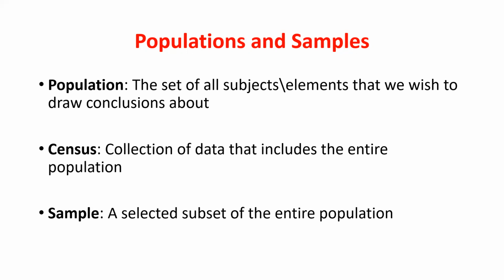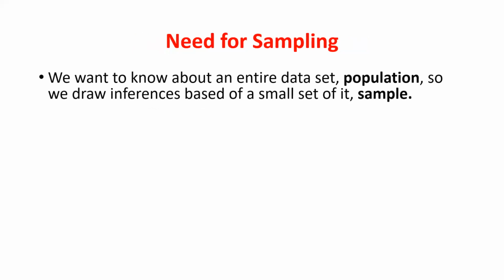All a sample means is a small subset of that population. So if I'm interested in the average income in the US and I only have a sample data set, that might be only 1,000 different people, right? And I'm using that sample to make inferences about the population as a whole, right? Because to get population data,